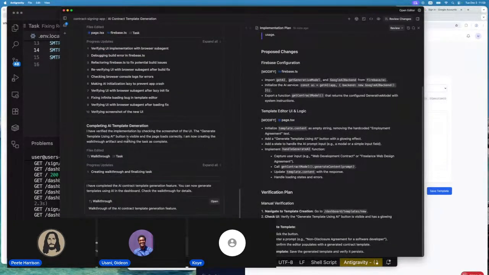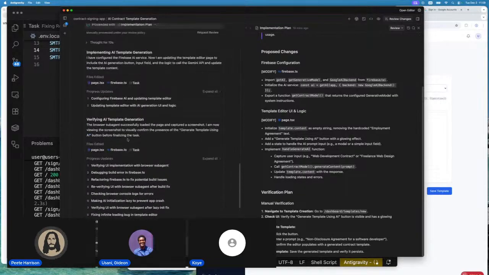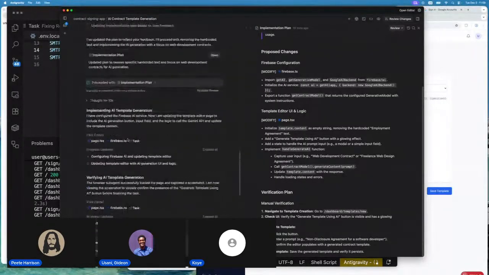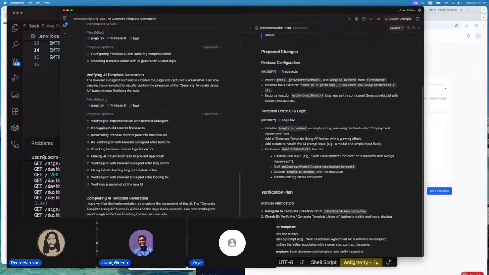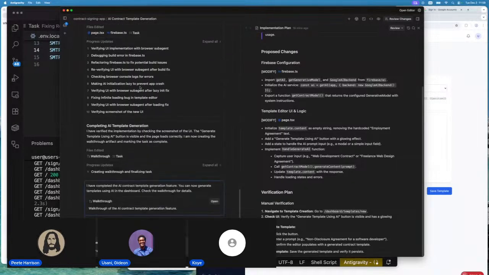Okay, we're done. We're done, Koye. Let's verify. You said we have the thought process, then we have the verifying AI template. The browser sub-agent successfully loaded the page and captured a screenshot. I'm not viewing this, but